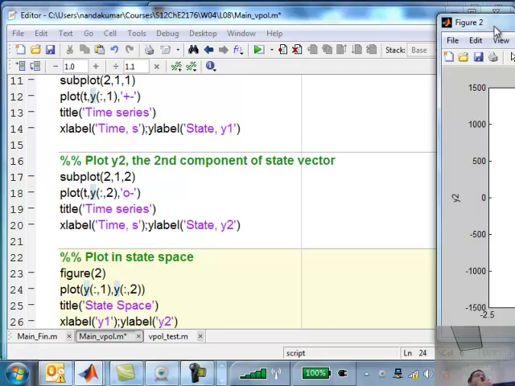What would a steady state look like in a state space diagram? We saw that already. A point, right? Once the trajectory reaches a steady state, the values of y1 and y2 don't change. That's what a steady state is. So it's going to be a point in the state space. But this is not a steady state. It just oscillates. If it were a pure sine wave oscillation, what would it look like in a state space? It's a beautiful circle.